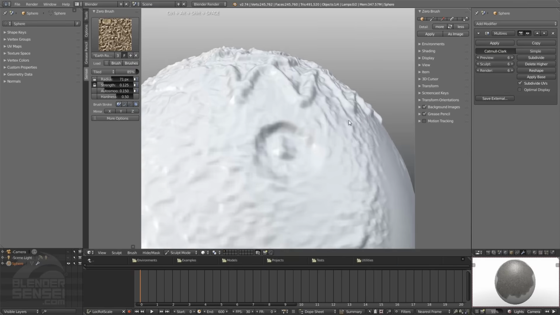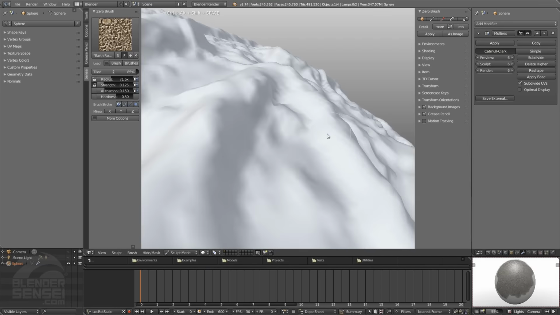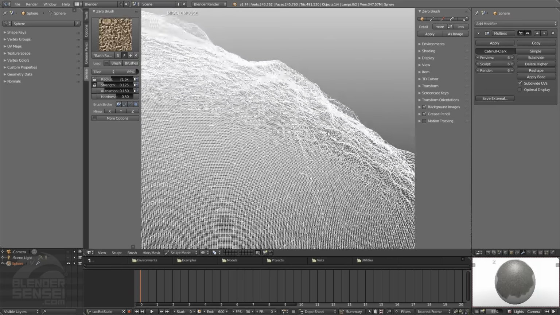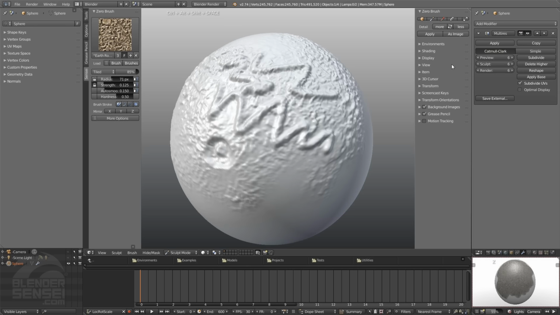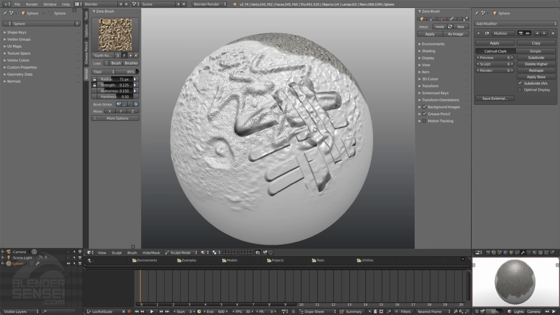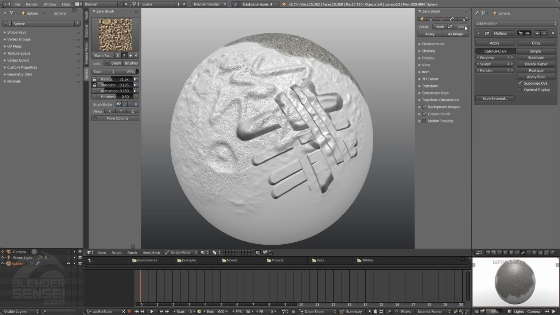So if we wanted to turn all of the detail of this geometry, as we can see when we're in wireframe mode here, into a normal map, all we do in ZeroBrush is press this As Image button. So I'll go ahead and press that. And when that finishes, it automatically turns on viewport shading so that we can see what our actual normal map looks like. And if we press Less a few times, which decreases the amount of actual geometry detail,